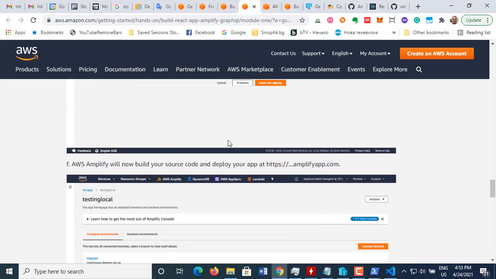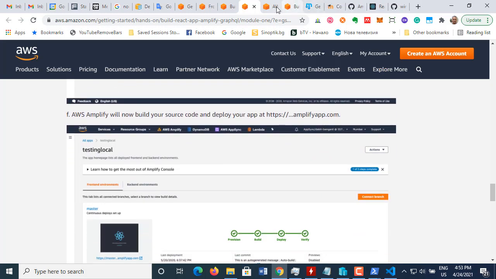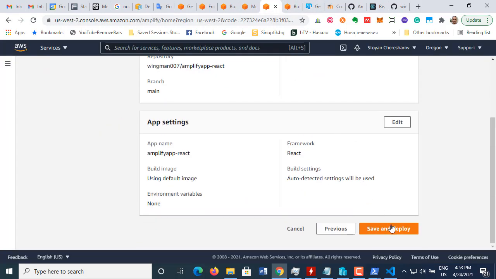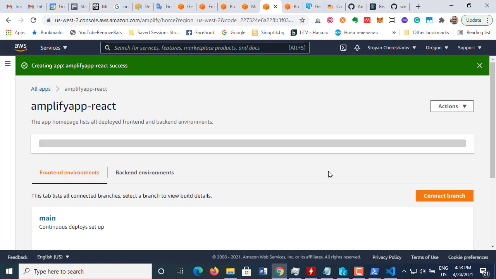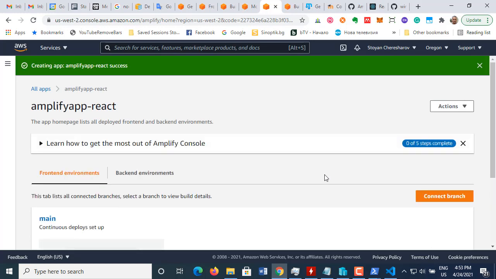Review the final save and deploy. And now we are gonna see how it's gonna be saved and deployed. So this is automation. This is the CI/CD pipeline. We just build it. If I push into main something,